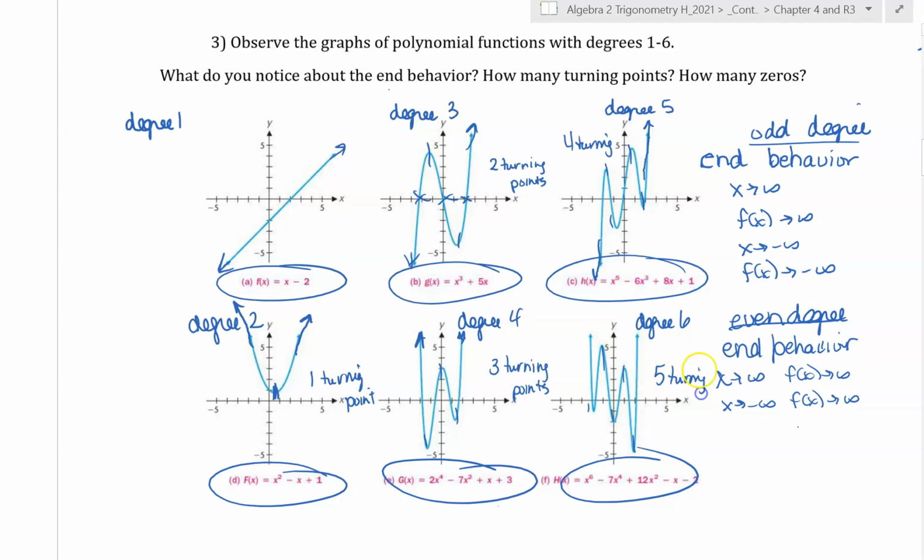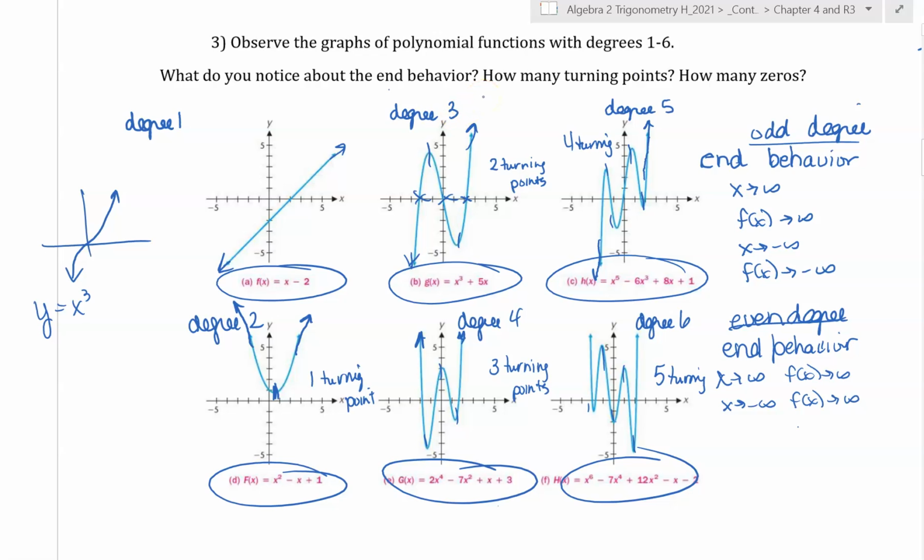Something about turning points that's interesting though. If you grab your calculator right now and graph y equals x cubed, it'll look something like this. So notice it was a cubic, but notice it actually didn't have any turning points. So when I say turning points, notice that you have at most one less turning point than the degree of